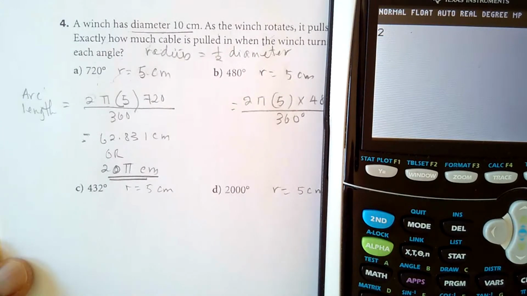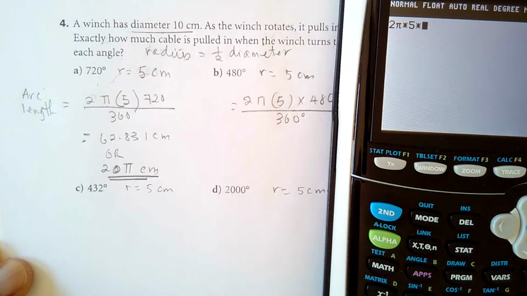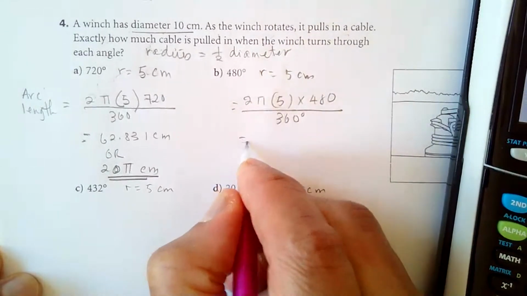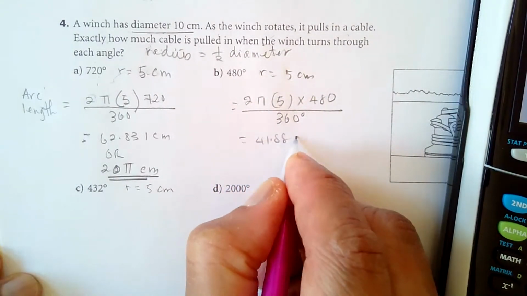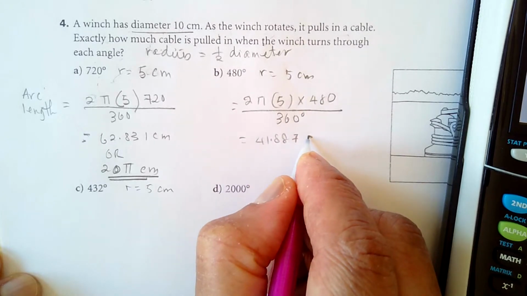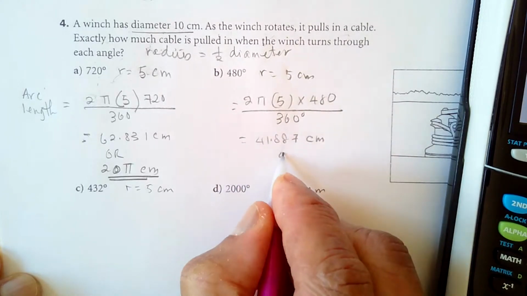Two times pi times 5 times 480 divided by 360 gives a measurement of 41.88 centimeters, or